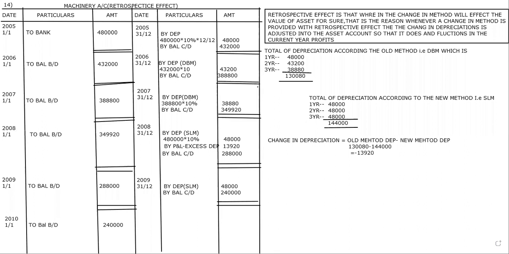Did I come across the word retrospective anywhere in the full sum? No. So when it says change of method, if he does not use the word retrospective, then you are not going to do whatever I'm doing now. You're not going to do it. Simply you're going to change the method. But if at any time he gives the word retrospective, then we must do this procedure compulsorily. Okay? That 15th I'll tell you tomorrow.